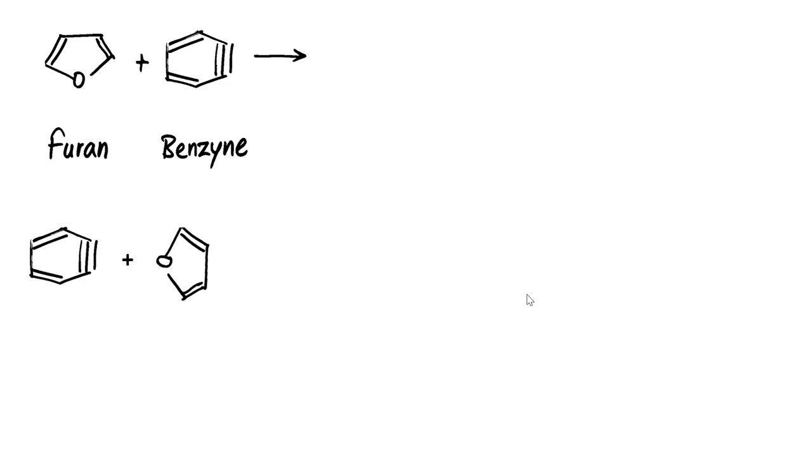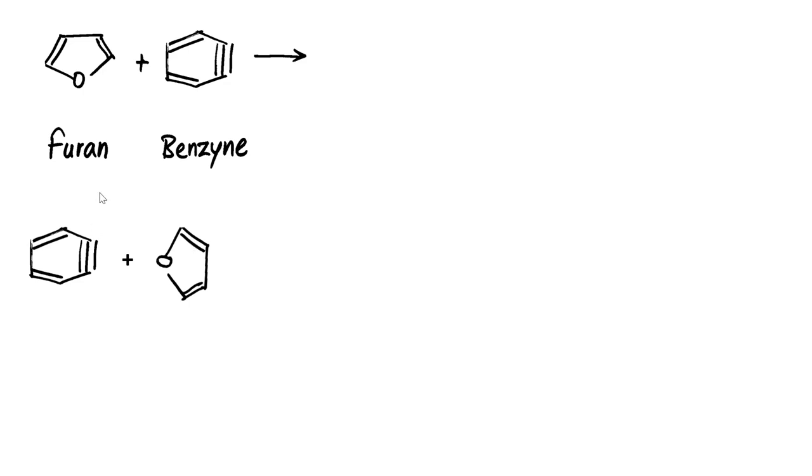This type of addition reaction is called a cycloaddition reaction. When there is formation of a cyclic compound, when cyclization takes place, then it is called a cycloaddition reaction. It's one type of Diels-Alder reaction. About all this we will see in pericyclic reactions in detail. So just see about this for now. In case of furan plus benzyne, in a cycloaddition reaction, new formation of some pi bond takes place,